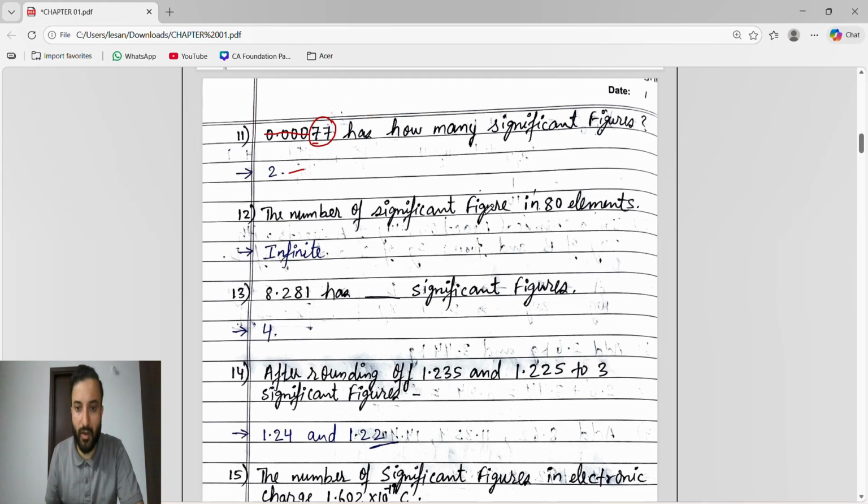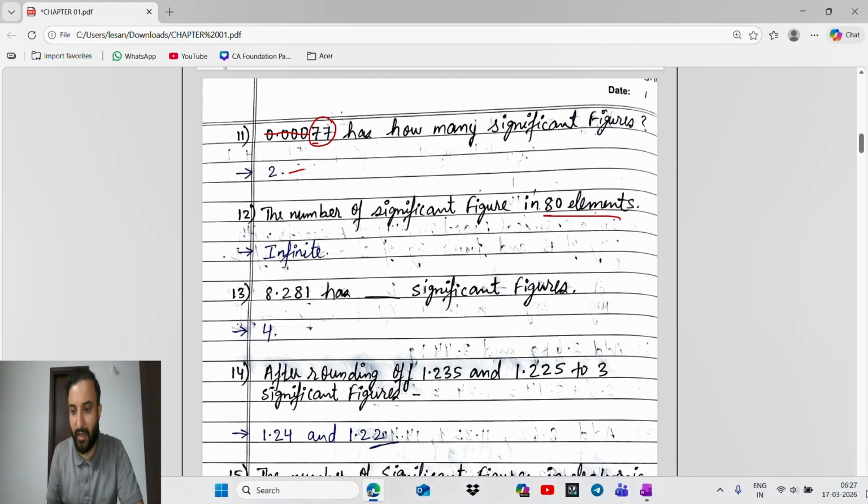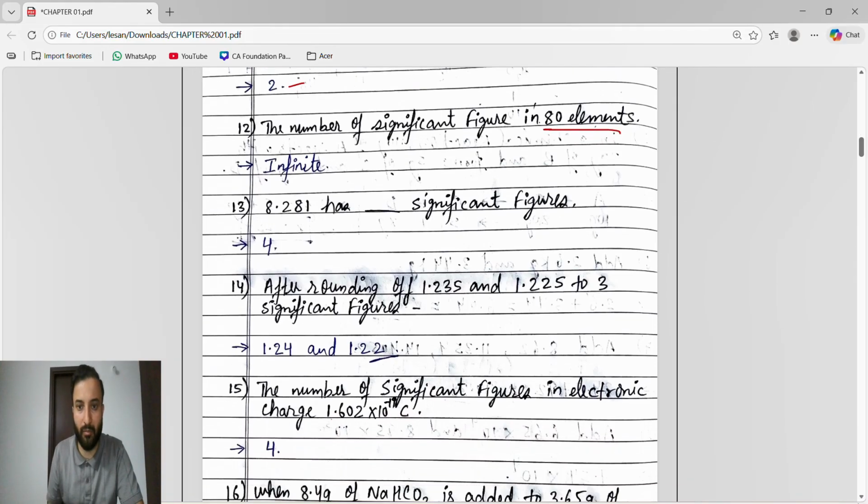The number of significant figure in 80 elements, guys, see here they fixed the number. What they said, 80 elements, the number is fixed. 80 elements means how you will write? 80.00000000, right? So the number is fixed. Fixed means infinite significant figure. 8.281 has dash significant figure. It's all are non-zero. Non-zero means we will add 1 2 3 4 significant figure. Okay, next,